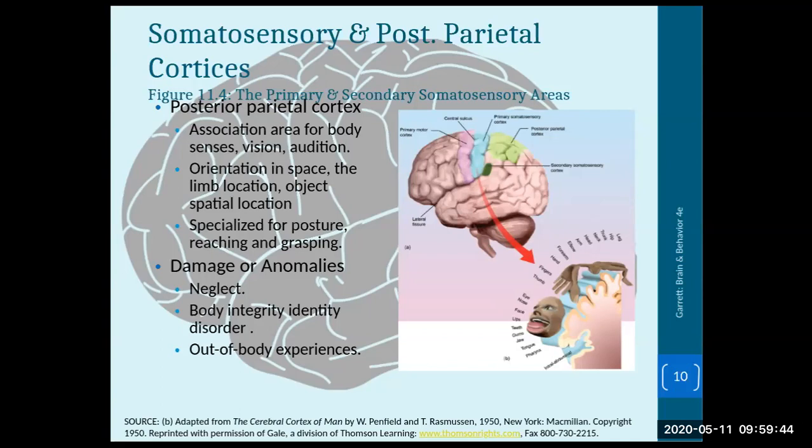So it helps to coordinate touch and body senses along with vision and audition. So it puts together three of the five senses before they're sent to the prefrontal cortex. The only thing that it does not combine, of course, is taste and smell, which are already under the prefrontal cortex in the insular area. So it allows us to orient in space. It allows us to know where we are, and where an object is or a sound is